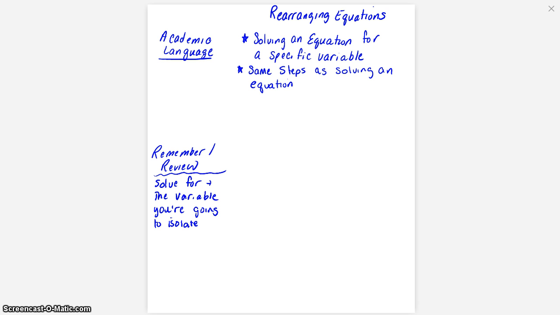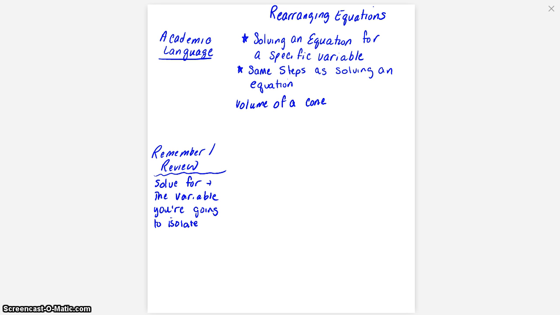So let's just do a bunch of practice problems, and there's only a multiple choice quiz on Schoology when you're done with this, so don't forget to take that. But let's start with the volume of a cone. Okay, the volume of a cone,